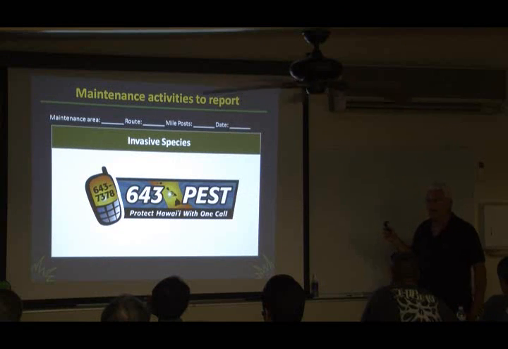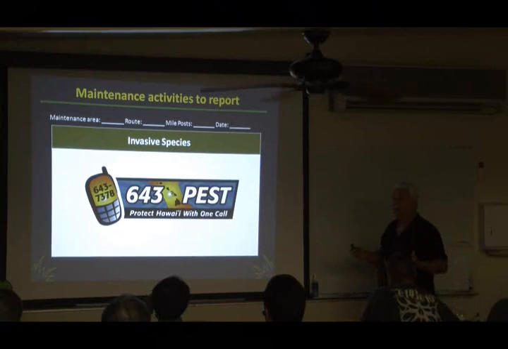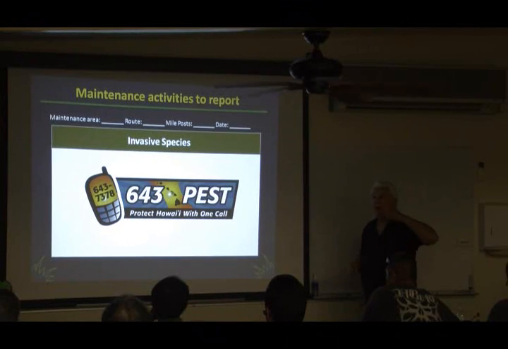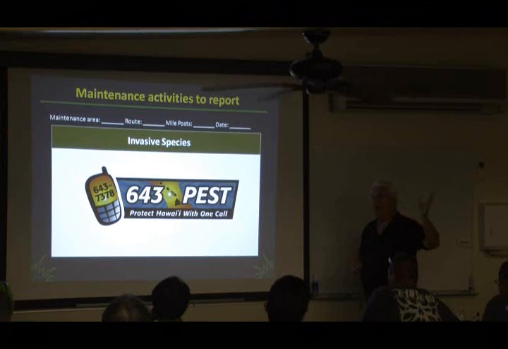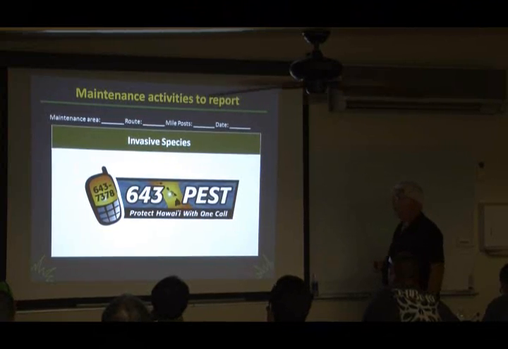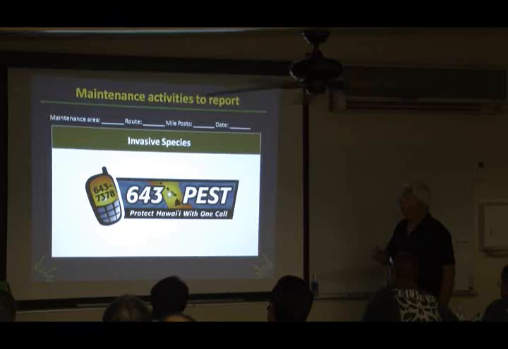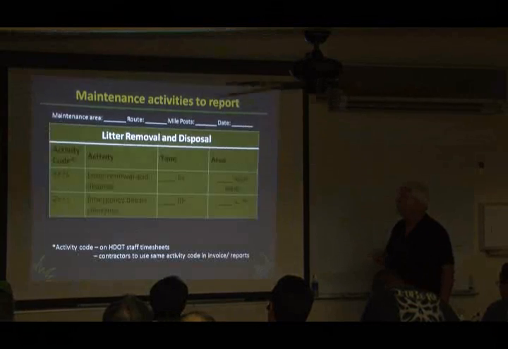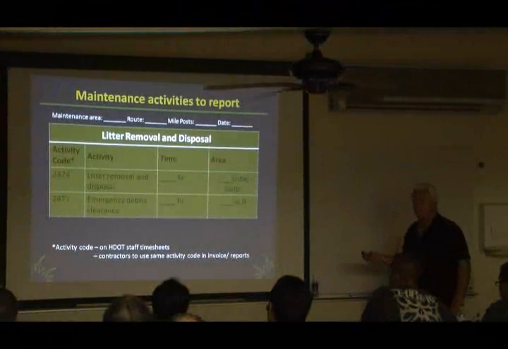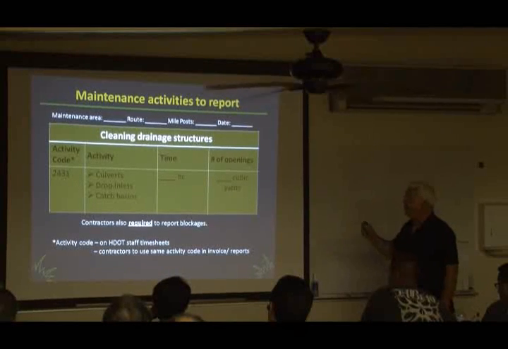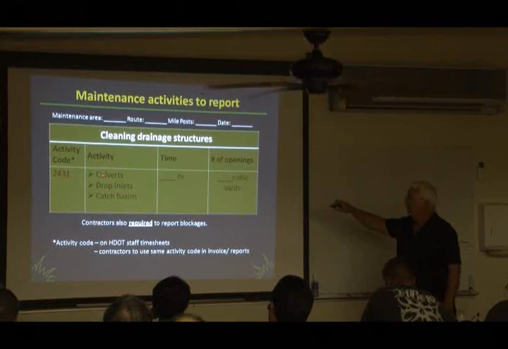Invasive species: you don't necessarily have to do the elimination or the control, but at least identify to the invasive species committee, at this number here, that you're coming across those kinds of things, and they're fully equipped to go out there and handle that. So it's not necessarily your job to make the control effort, but at least to identify what needs to be done. And again, like Christy said, you're on the front lines. You're normally the first ones to see these kinds of things coming in. Litter removal and disposal is just like mowing, a normal activity. Cleaning drainage structures and so forth, a normal activity. Again, what they are and so forth.